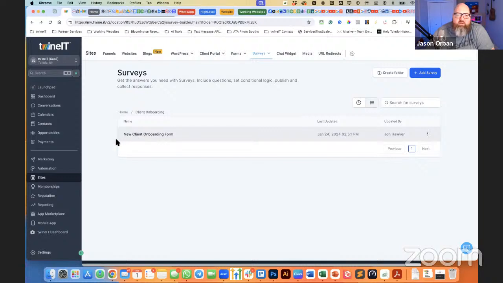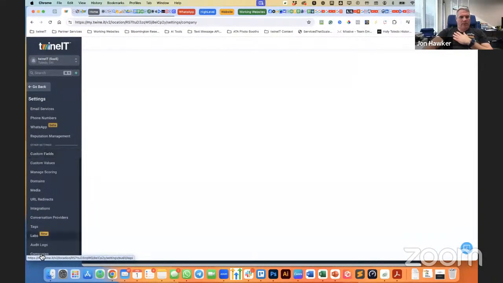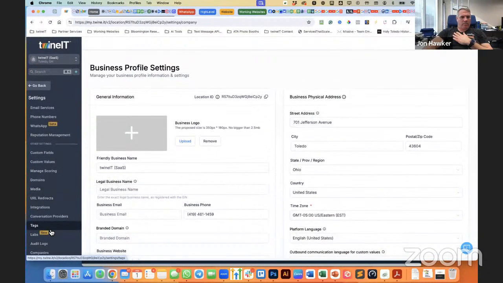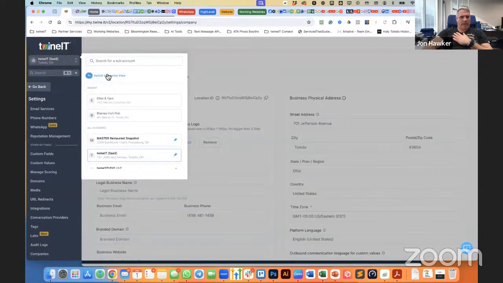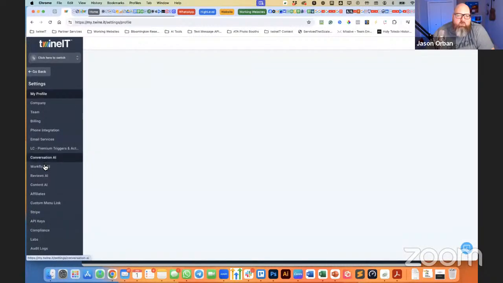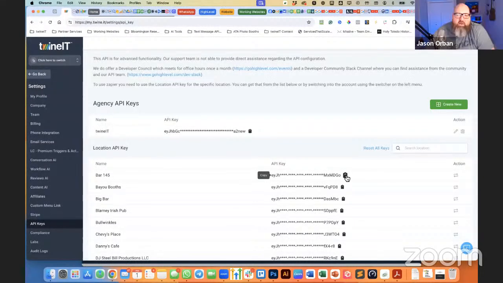That would be my thought. I mean, it seems like you could just make the sub account, come in, grab the API key, right? Shouldn't you be able to just somehow grab the API key right here and connect it? Yeah, but I think they're